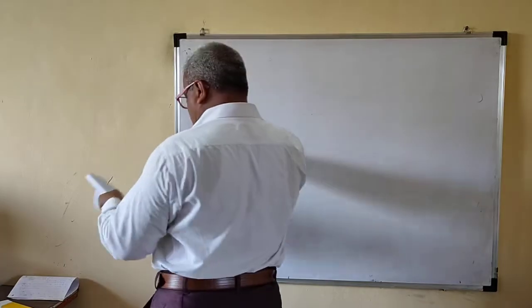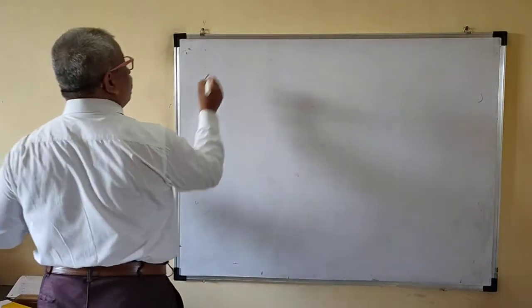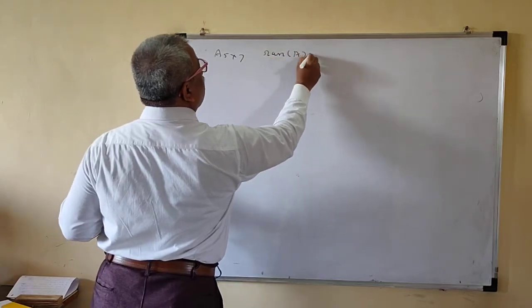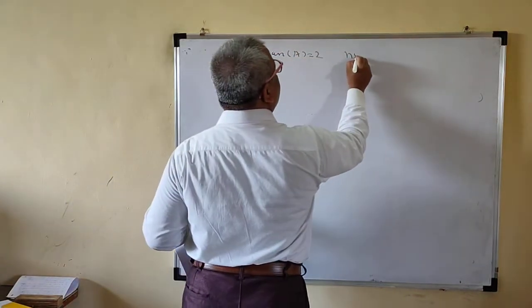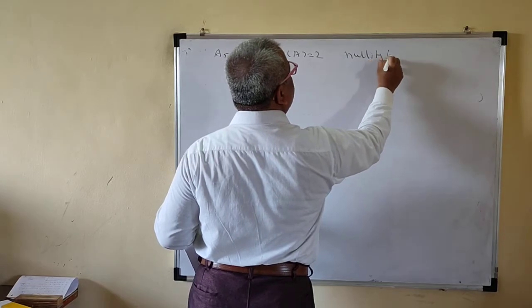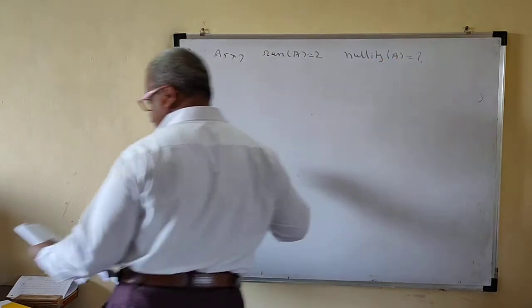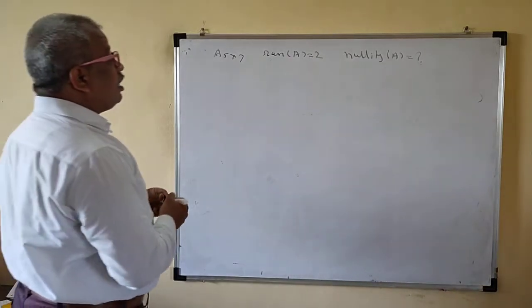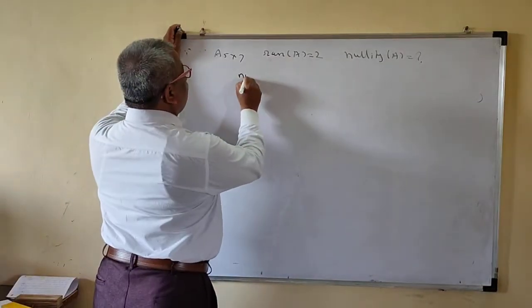So this is a very nice theorem for you. Suppose A is 5 by 7 and the rank of A is equal to 2. What is the nullity of A? So the nullity of A